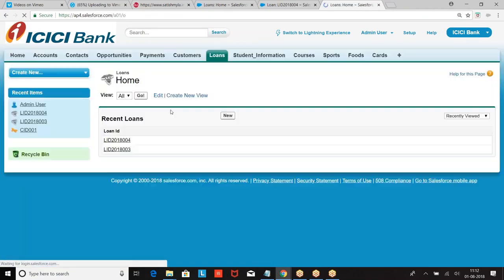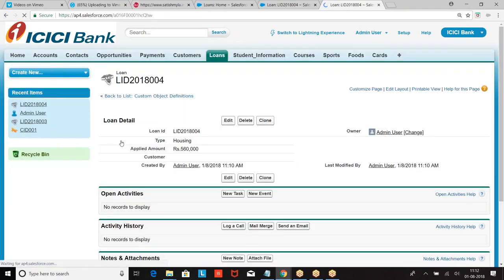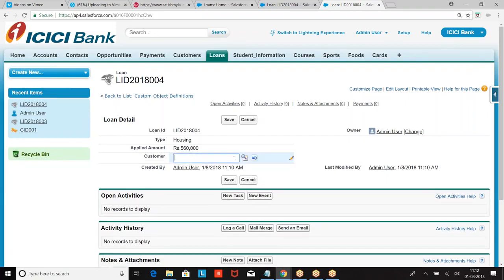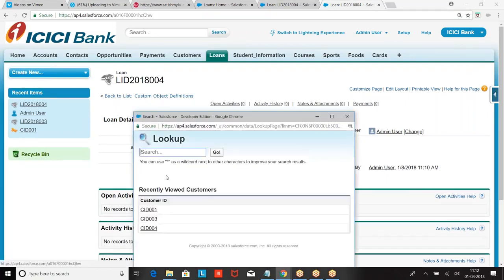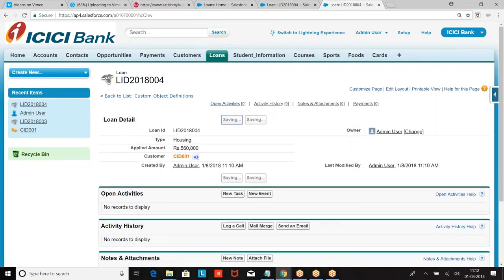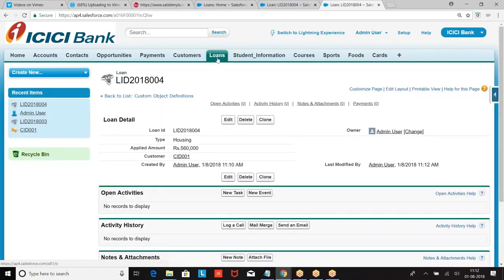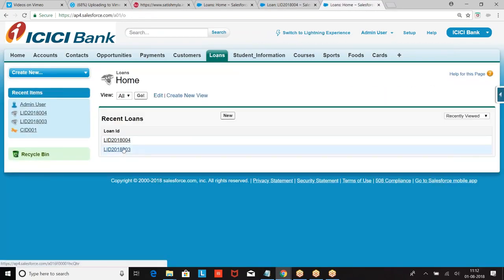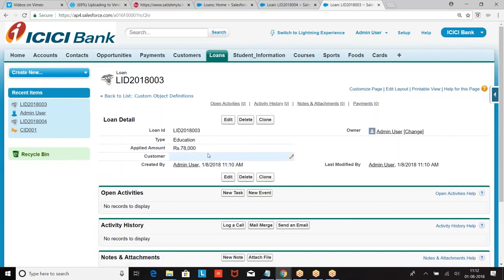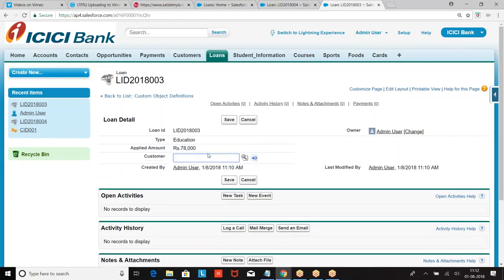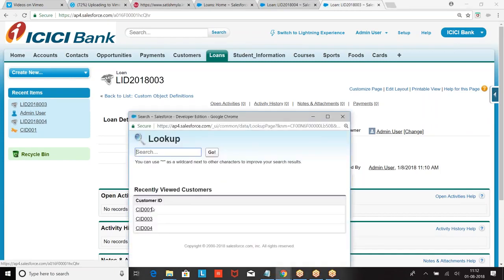Then what I told: go to every record and assign some value in the lookup field. Boss, because there are only 2 records, I am going to every record manually and doing it. If there are 1 lakh records, what will you do? Now I have to appoint one employee to set the value. Right? So I cannot do it manually if you have bulk data.